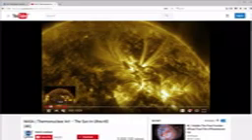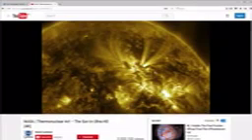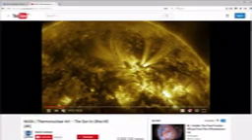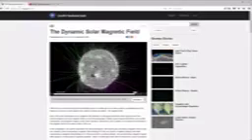For the sun body, I think the way to go is to use curl noise, and for the sun explosions, I think I will use particles, and I will move these particles using a vector field in the shape of the magnetic field. So I needed to know more about magnetic fields, so I searched further and I discovered this page, also from NASA,